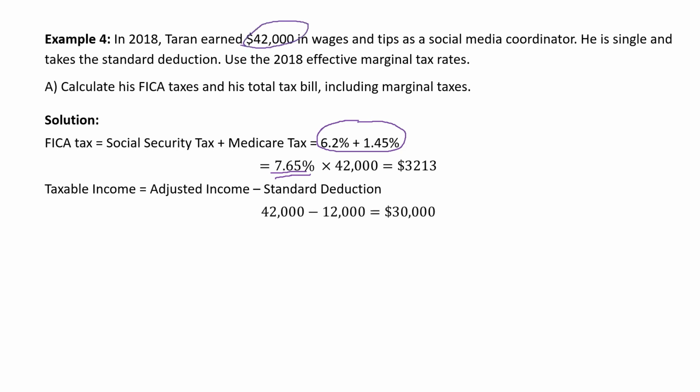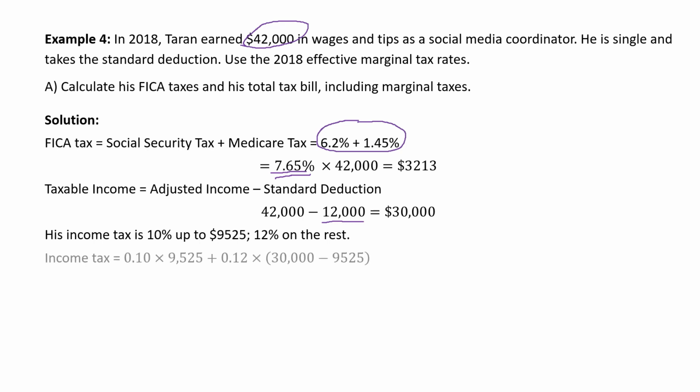His adjusted income is $42,000, and in the 2018 marginal tax rates, he gets a standard deduction of $12,000, the difference of which is $30,000. Let's compute the tax. His income is taxed at 10% up to the first $9,525 and 12% on his remaining income. That would mean 10%